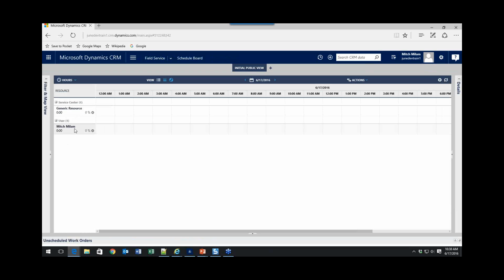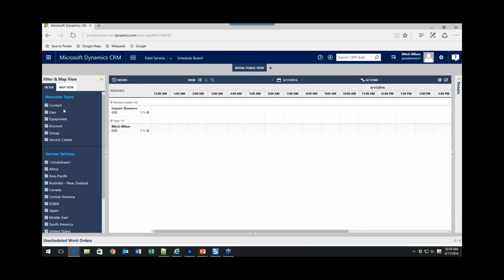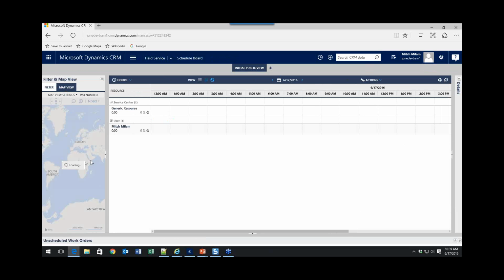So we have generic resource, which is kind of the default. Somebody used to assign this, and then every user. I'm the only one in here, of course. But basically, this would have my schedule and show me where I was going to be. I also have a link to maps, so I can filter on different things. Remember, field service to some people may be replacing a copier. To other people, we've got a hole in the bridge and we've got to fix the bridge right now. So that means we've got 10 people, 2 trucks, and a crane. So that's equipment, right? And then we can map out all these things,